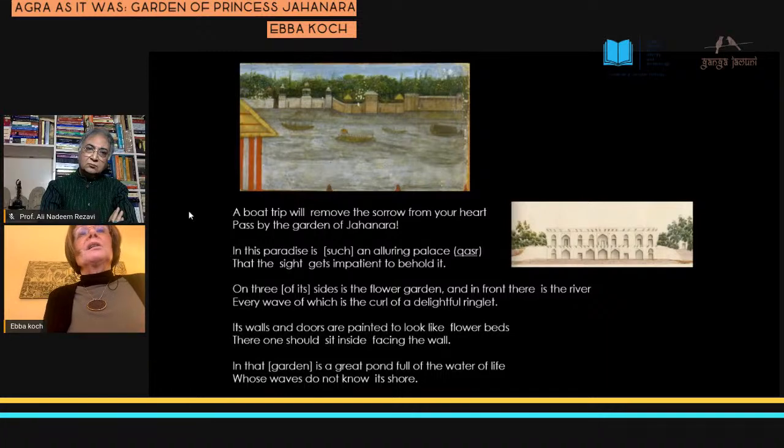Chaste as an angel and of the character of Bilqis, namely the Queen of Sheba, she was pure in her heart like the Virgin Mary. She was so distinguished among the people of the world that she became the spouse of Shah Jahan. And that very paradise which she had made to flourish,